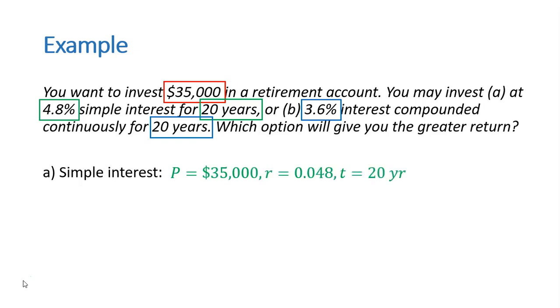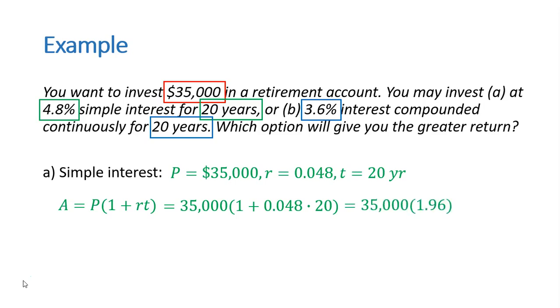So under simple interest, our principal is $35,000. Our interest rate as a decimal, remember, take your percentage and divide it by 100, so 0.048, and the time is 20 years. So under simple interest, using the simple interest formula, we have $35,000 multiplied by our interest rate times time plus 1. So do the multiplication first, 0.048 times 20. Add 1, that simplifies down to 1.96 exactly. Multiply this by 35,000 and we get